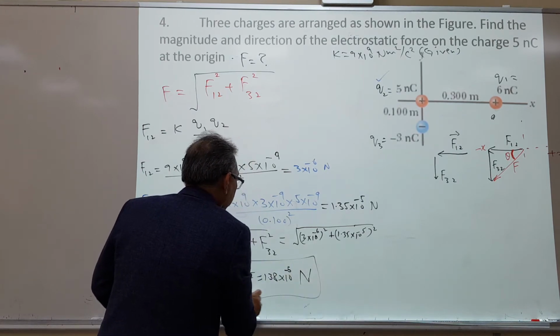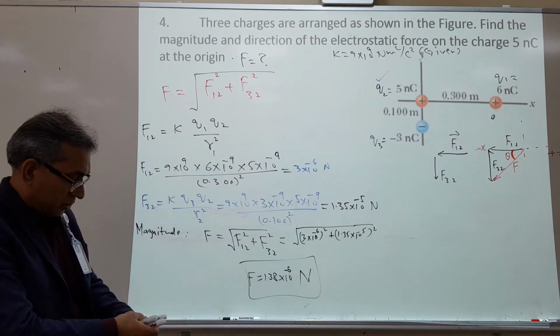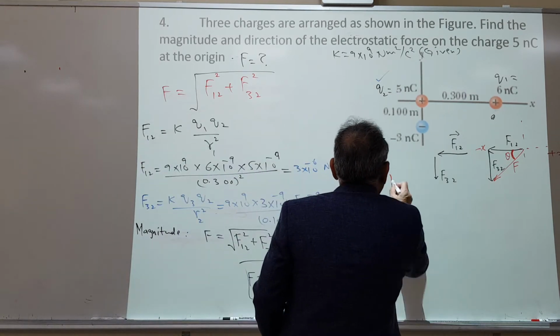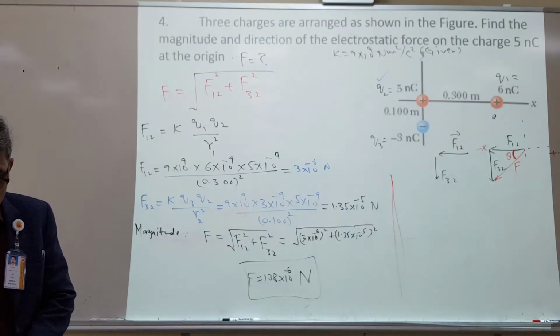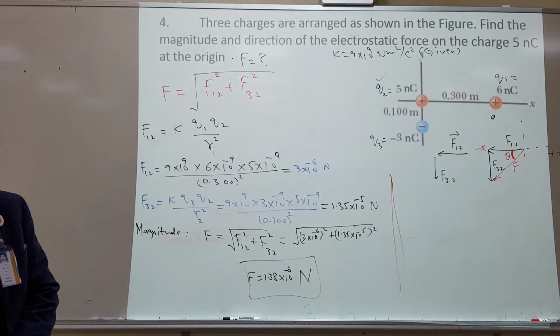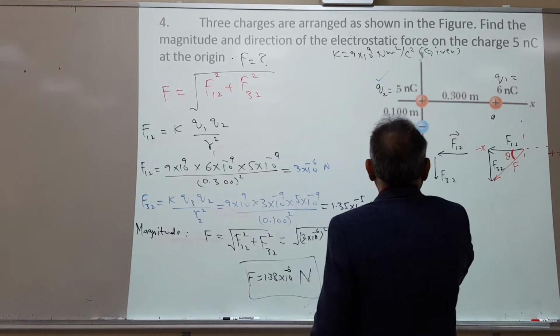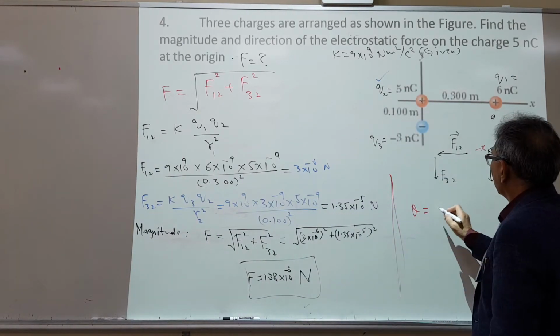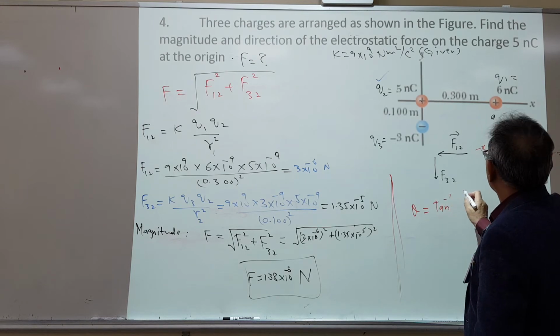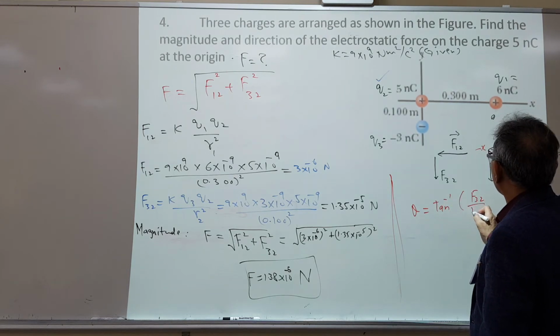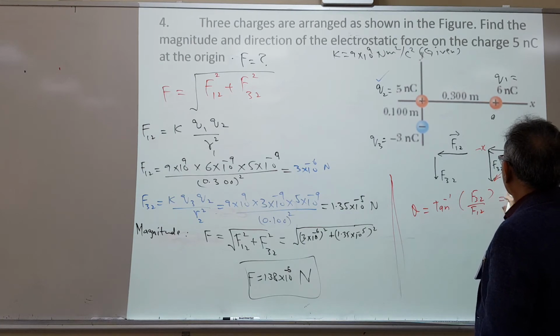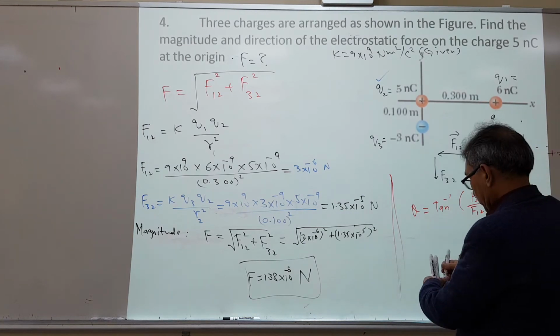So this is the magnitude. And for the direction, we use tan theta. So theta is equal to tan inverse from this triangle, tan inverse F32 over F12, which is tan, let me write it here,